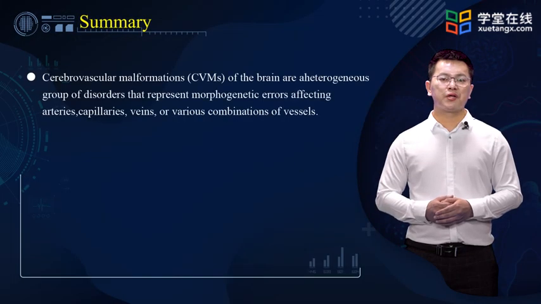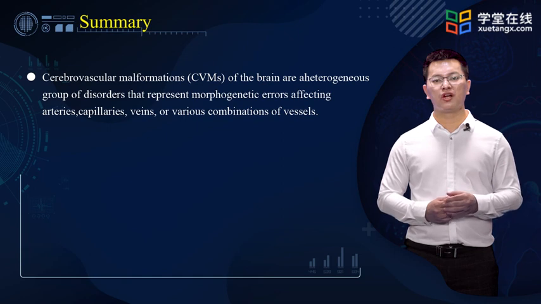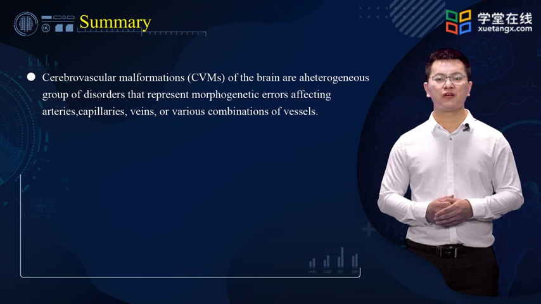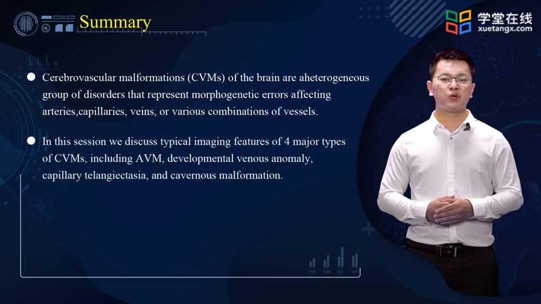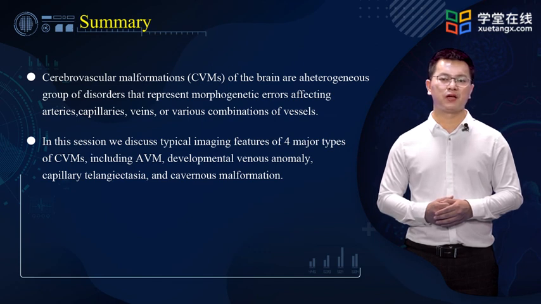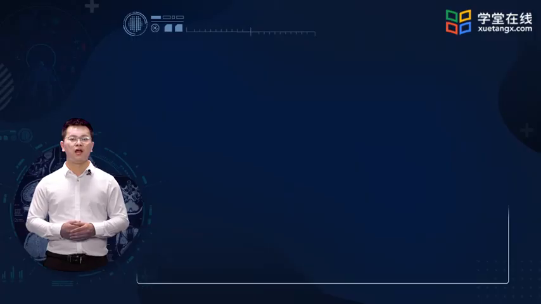Cerebral vascular malformations, CVMs, of the brain are a heterogeneous group of disorders that represent morphogenic errors affecting arteries, capillaries, veins, or various combinations of vessels. In this session, we discussed typical imaging features of four major types of CVMs, including AVM, developmental venous anomaly, capillary telangiectasia, and cavernous malformation. That's all for this